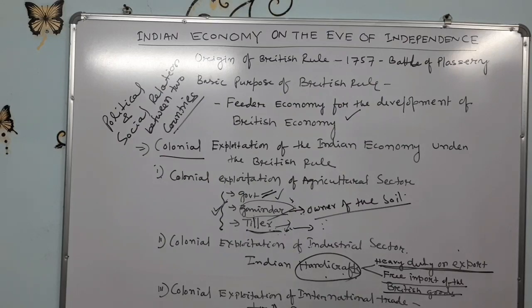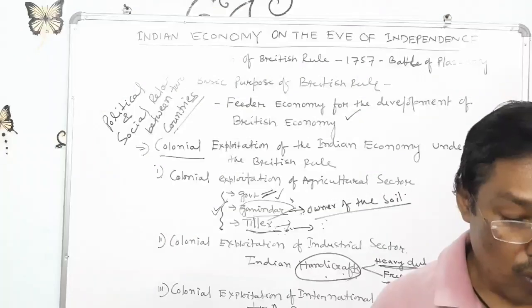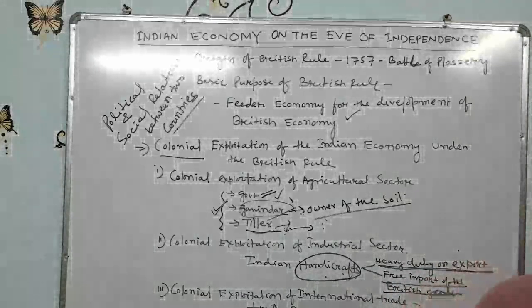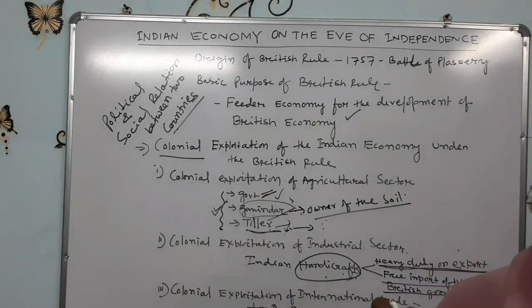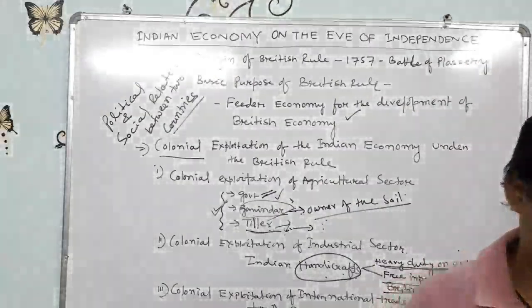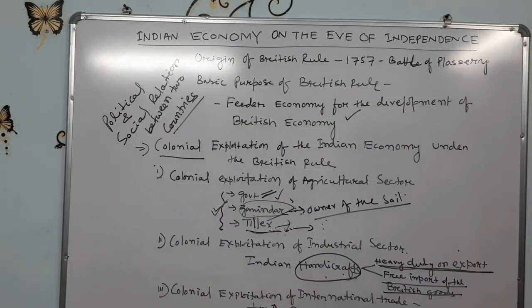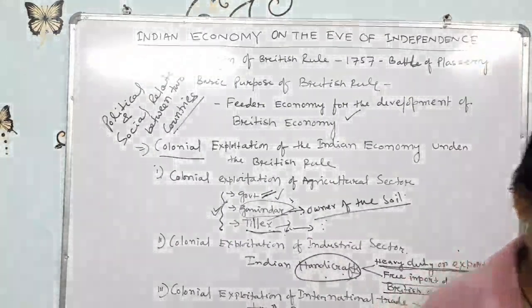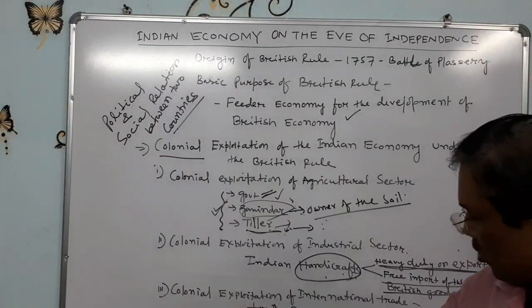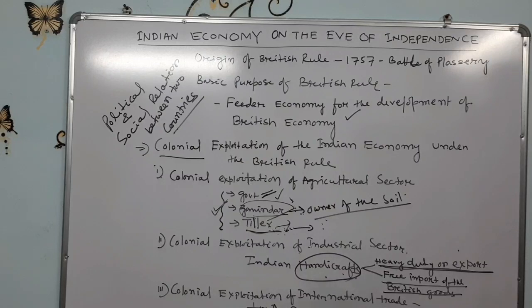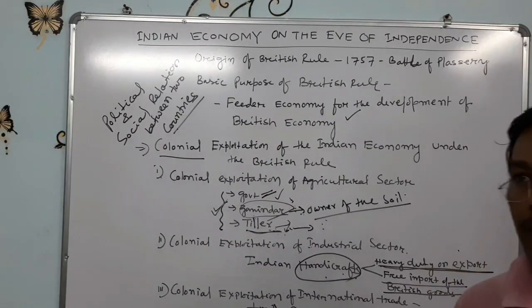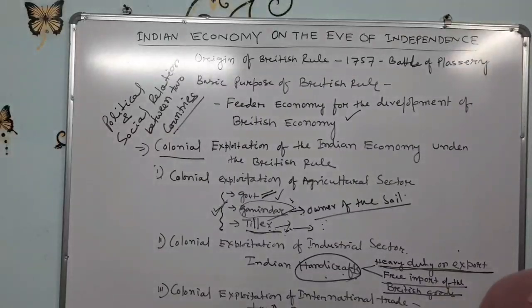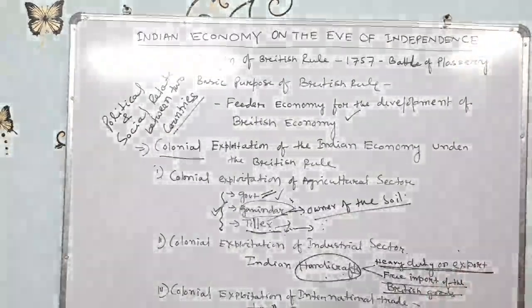So it means Indian handicrafts enjoyed worldwide reputation, which was destroyed by these colonial systems, along with our self-dependent, self-sustained growth economy, which was destroyed by the colonial system, by the British empire, or by the ruling of the British country. And the third point is the colonial exploitation of international trade and tariff policies. India's international trade was exploited through discriminatory tariff policies. It implied two ways: duty-free export of Indian raw materials to fulfill industrial needs.